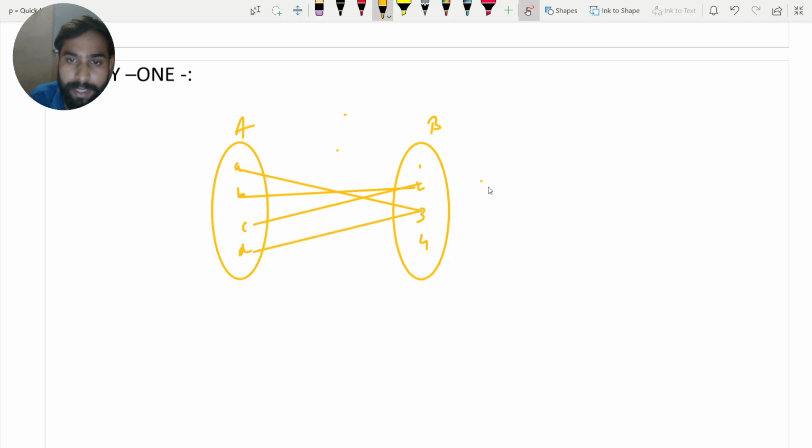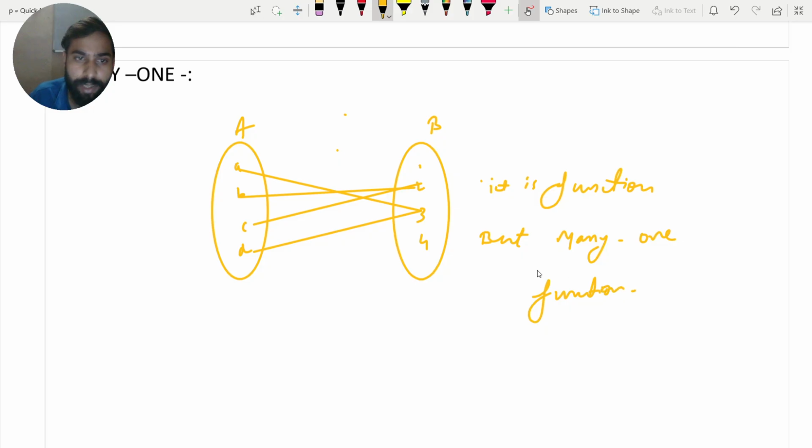So it is a function, but a many-one function, because A and B have image on 2, A and D have image on 3, and B and C also have image on 2.